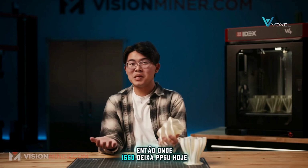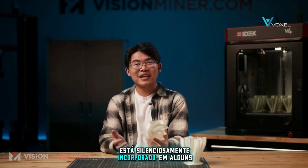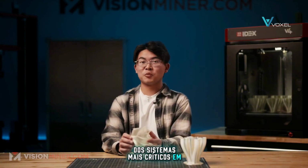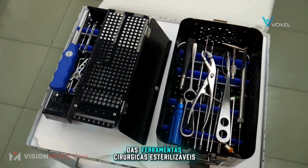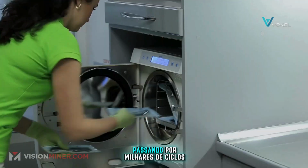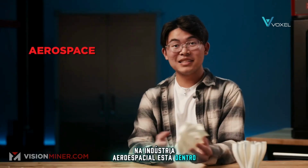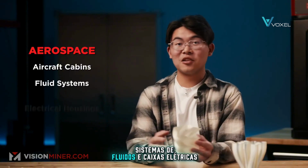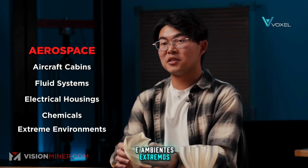So where does that leave PPSU today? It's no longer just a niche superplastic. It's quietly embedded in some of the most critical systems we rely on every day. In hospitals, it's still the backbone of sterilizable surgical tools and instrument handles going through thousands of autoclave cycles without failure. In aerospace, it's inside aircraft cabins, fluid systems, and electrical housings handling vibration, chemicals, and extreme environments where weight